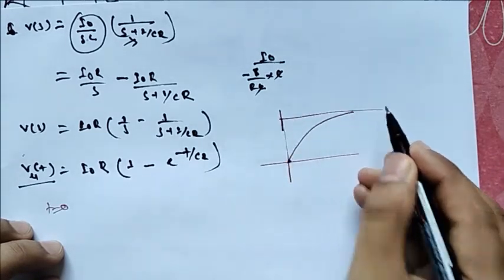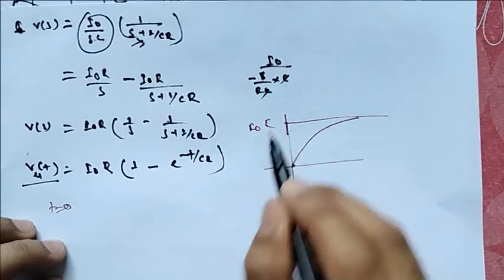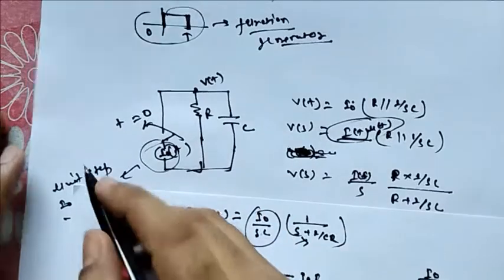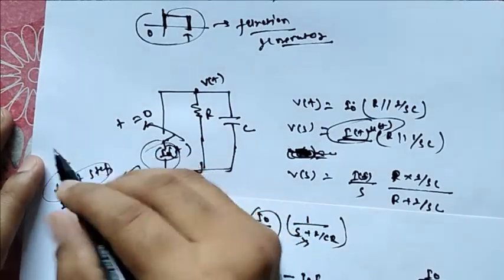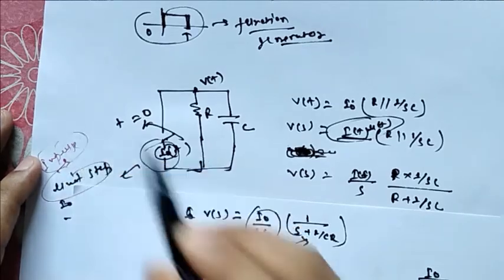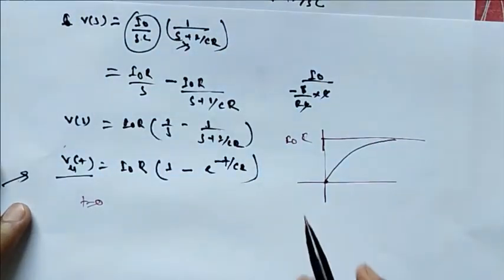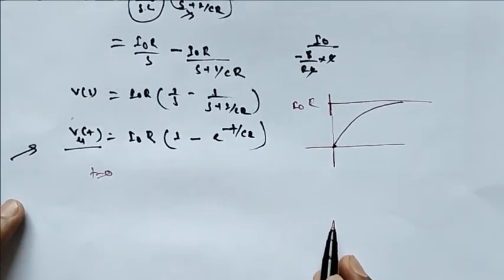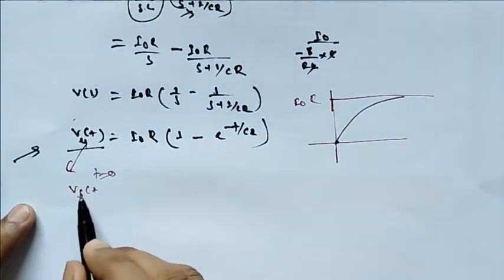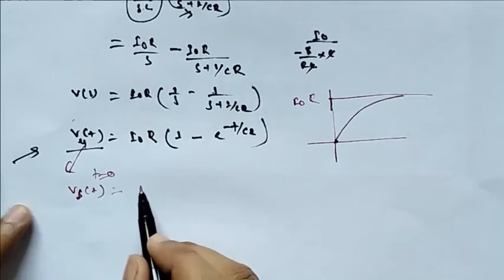So this is the curve that we are going to get. Now if we want the impulse response, then what we are going to get? We are just going to differentiate this function. Now if I take the differentiation of this one, then what we are going to get? If you differentiate this function v of u t, then what we are going to get?